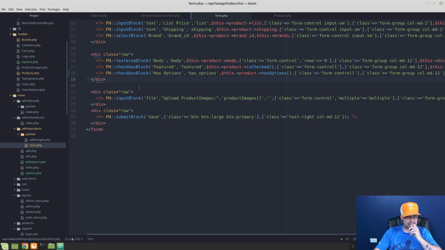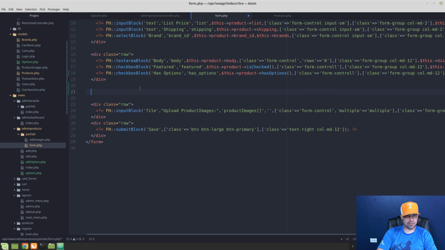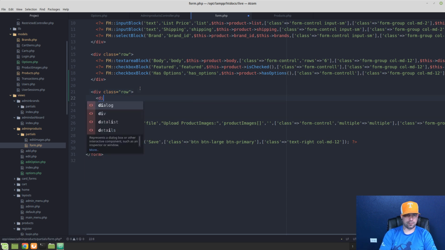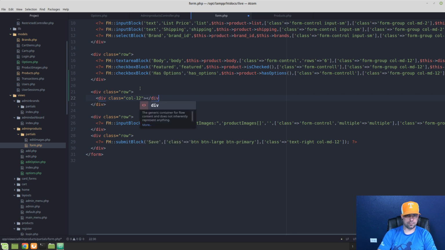Yeah. And we're going to do this above the file uploads. So let's add div class row. And then we'll have a div the class equal to col-12. Now,